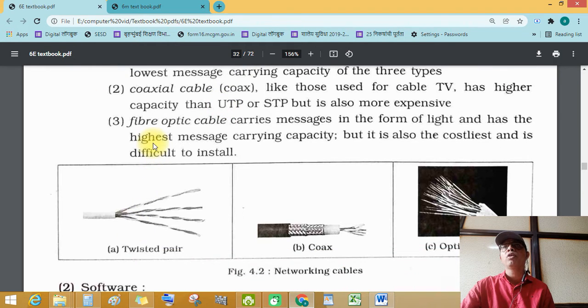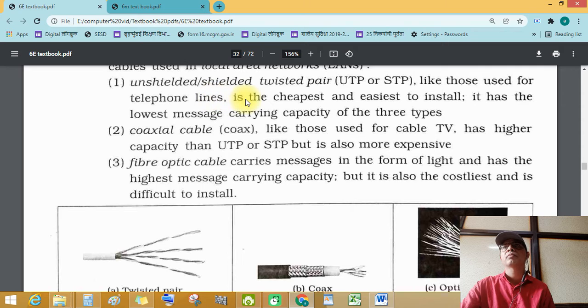Twisted pair used for telephone lines is the cheapest and easiest to install. It has the lowest message carrying capacity of the three types.